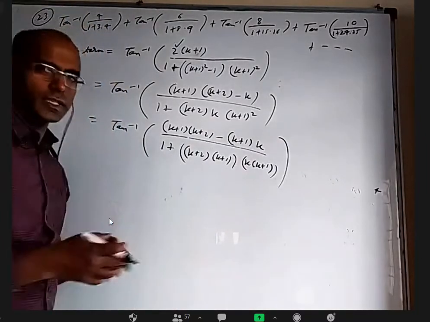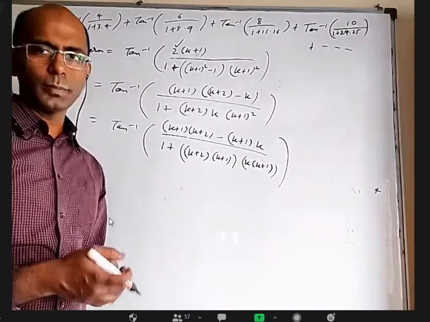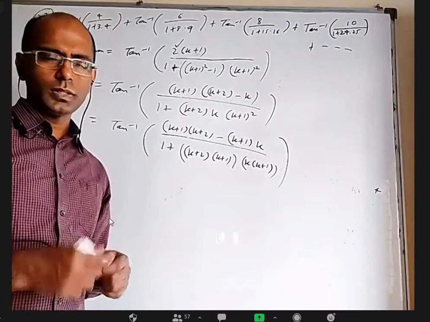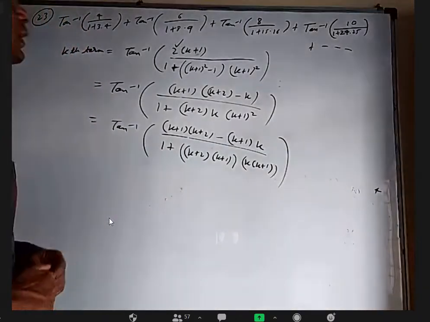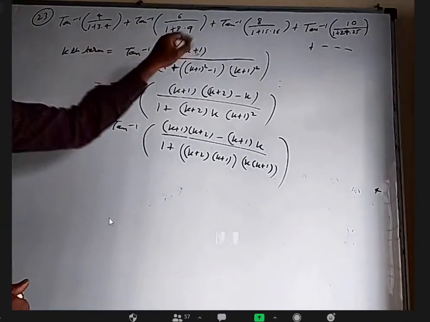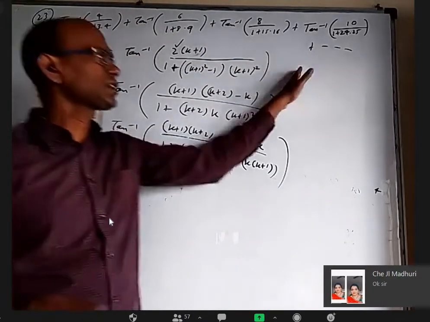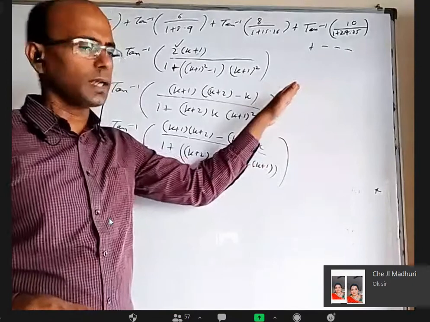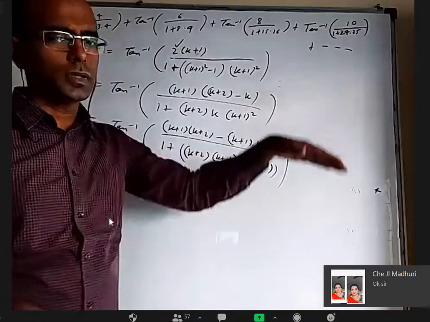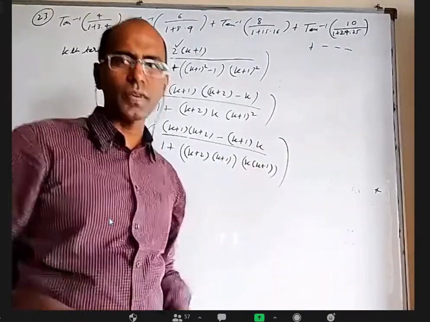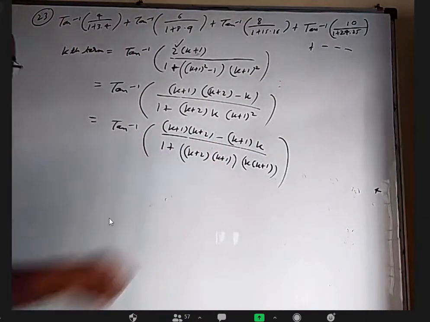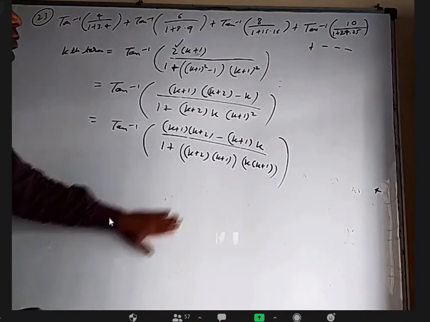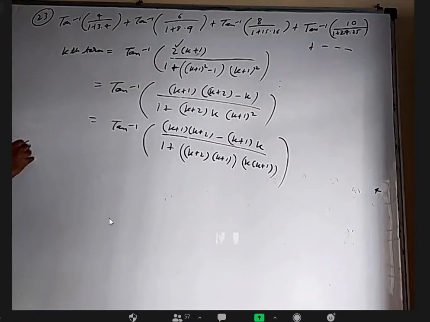Okay, so this is not as easy as one or two questions that were done in mains. There, it was somewhat easier to notice the nth term maybe. But here, first of all you have to understand the pattern. Even if somebody writes tan inverse 6 minus tan inverse 2 and then tan inverse 12 minus tan inverse 6, still you have to find what the pattern is further. Okay, so I think you can write it now.